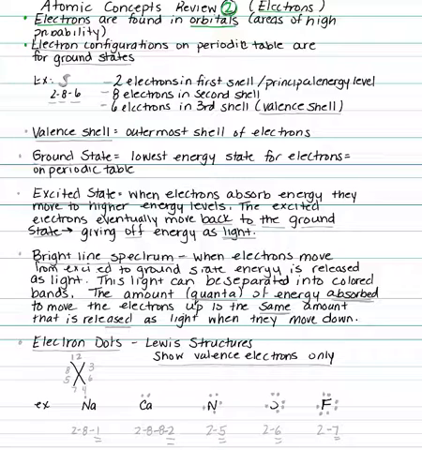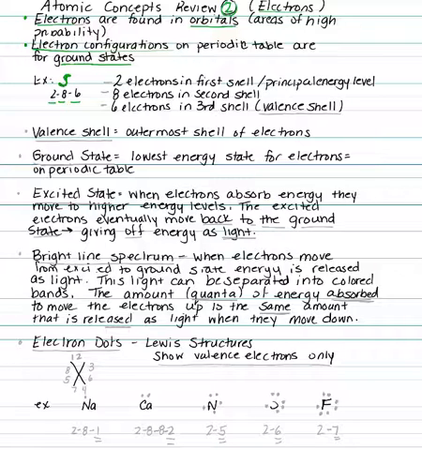When we talk about electron configurations, the ones on the periodic table are what are called ground state electron configurations. That means that these are the configurations for when the electrons are in the lowest possible energy states. If we use sulfur as an example, sulfur's electron configuration is 2, 8, 6,